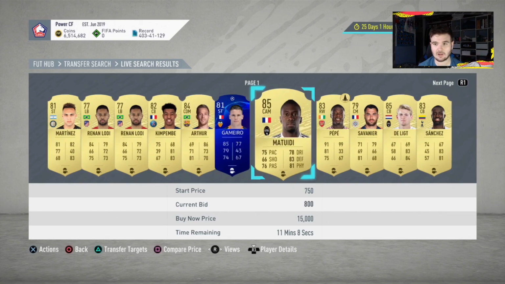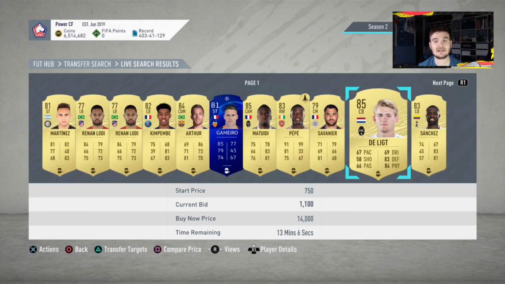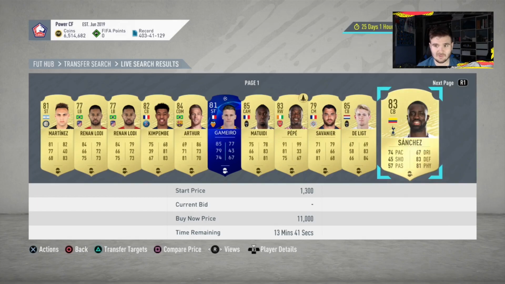So let's just look at other cards. Even 85s, such as Delete. Delete goes for around about 9,000 coins. He's going to be supplied a lot on Friday during the lightning rounds. Obviously, maybe buy these cards on the second relisting. Obviously, the first hour of the lightning rounds, then try and buy the cards on open bids the second time round. Again, Sanchez, this card,